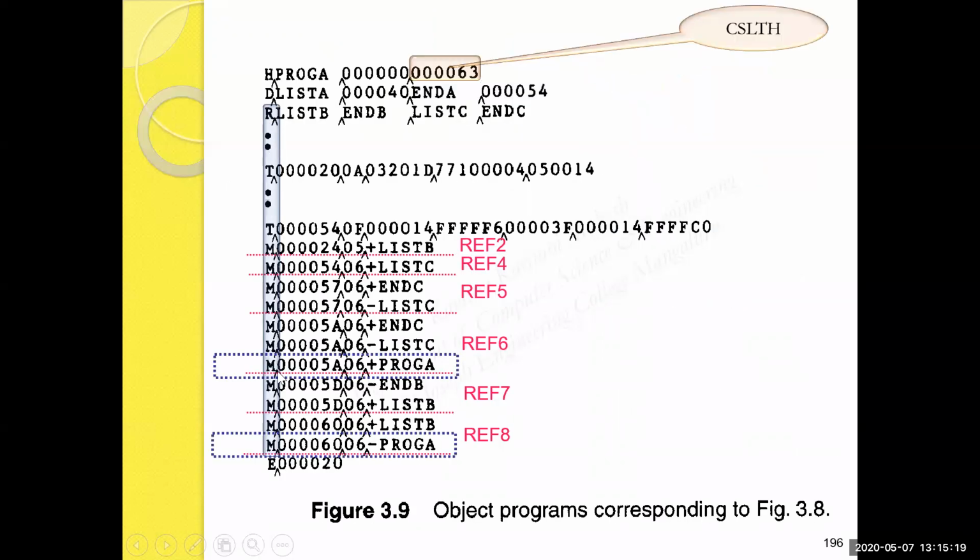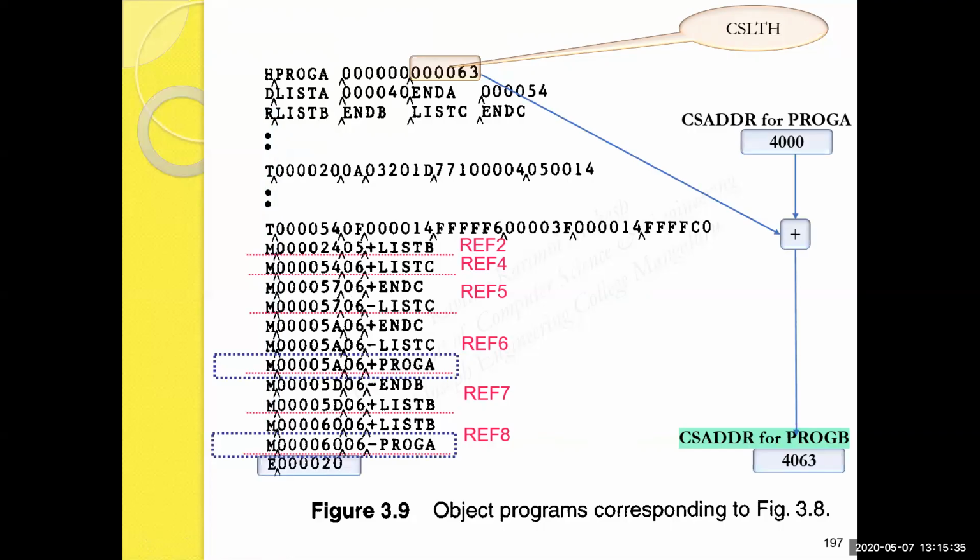Thereafter, the remaining records are processed one after the other. You may see that the rest of the records are the refer record, text record, modification record, and so on. These records are generally ignored during pass 1 processing, as pass 1 has to do only with defining symbols. So finally, when the end record is encountered, the loader estimates the starting address for the next control section in the